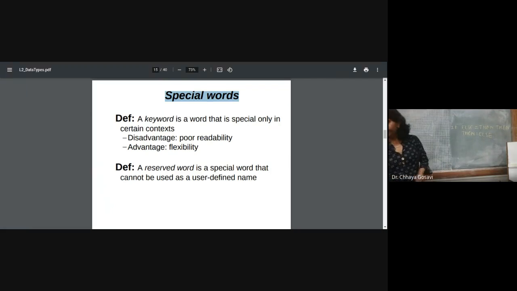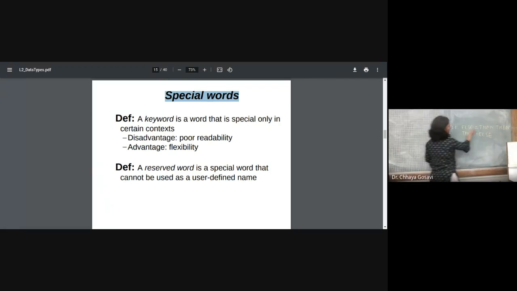The statement is: if else equal to then equal to else. Now here you don't know whether else is the reserved word or a variable name. So it will create confusion for a user.